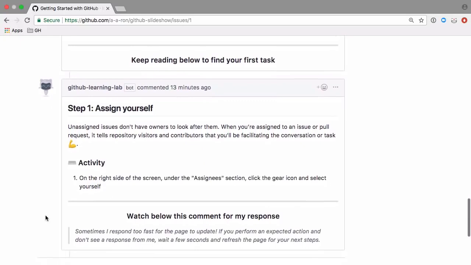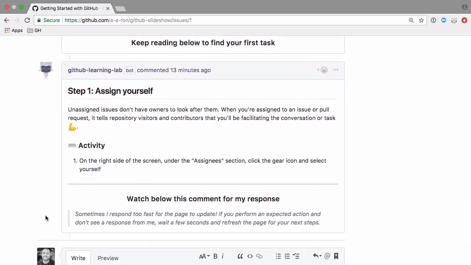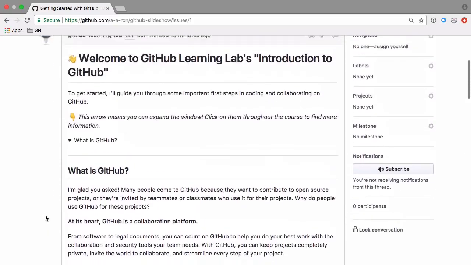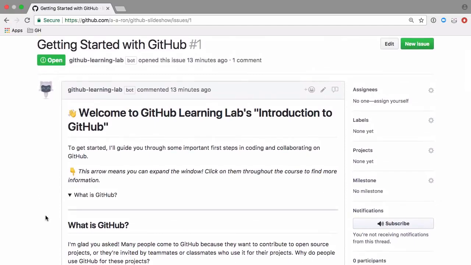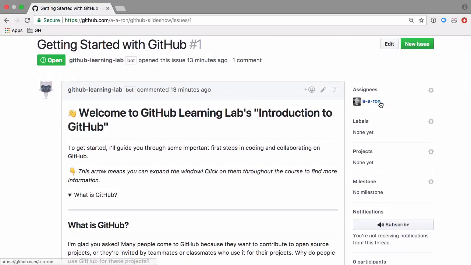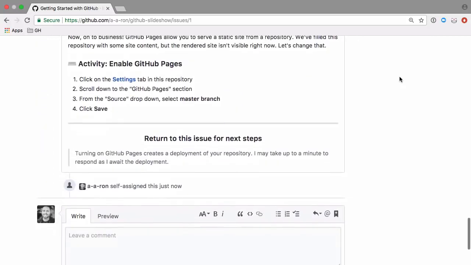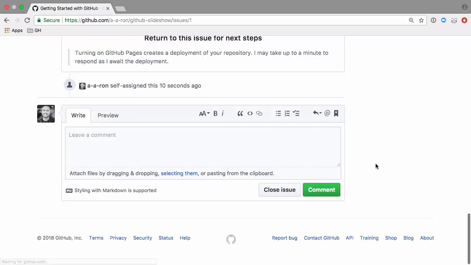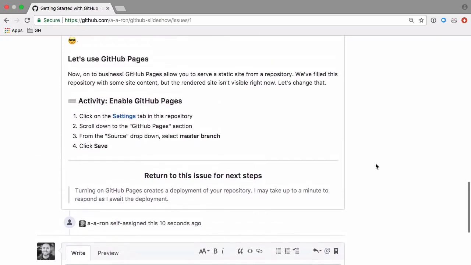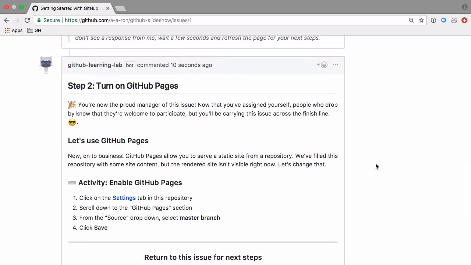Scrolling down, you'll see your first task of assigning this issue to yourself. By assigning yourself to an issue or pull request, you're telling other collaborators that you'll be managing this discussion or code change. So let's assign yourself to this issue. If you scroll up to the right side of the screen, under the Assignees section, click on Assign Yourself. You should now see your username and profile picture appear. You can now scroll down to the bottom of the issue and refresh the page. You should now see a new response from GitHub Learning Lab letting you know that you are now the proud